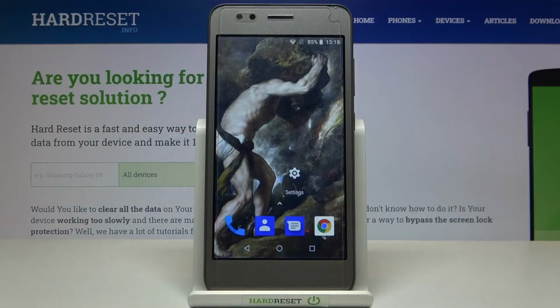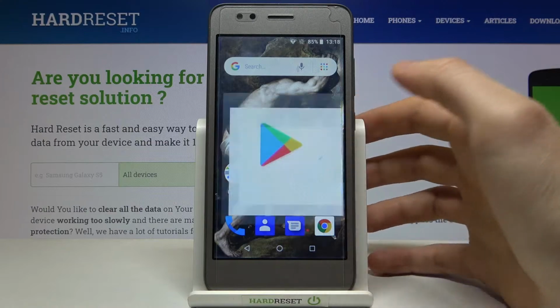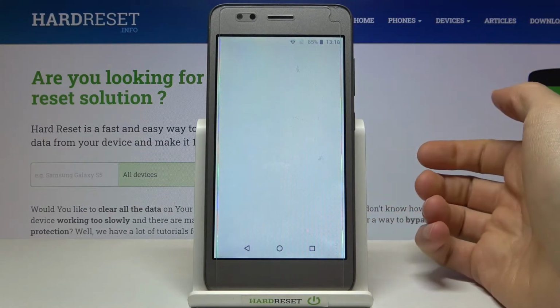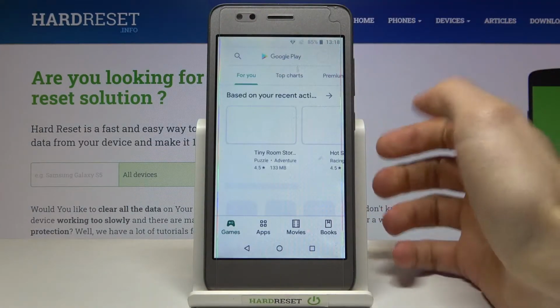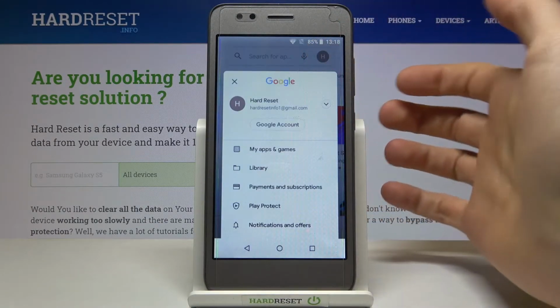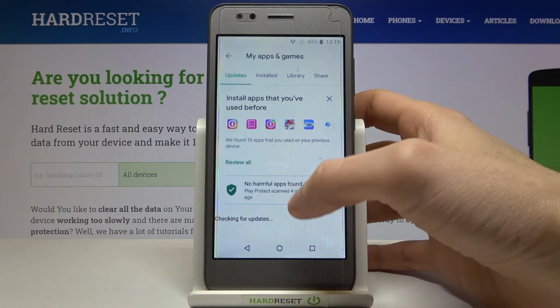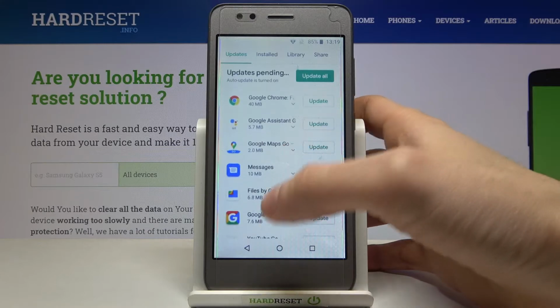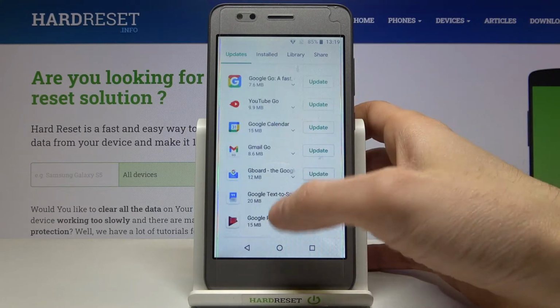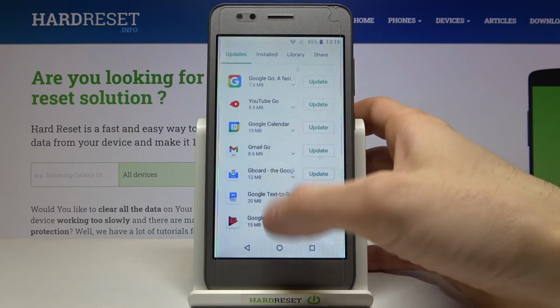Here I have CAVION Base 5.0, and today I'm going to show you how to update apps on this device. So to update apps, you firstly have to open the Play Store, then tap here, then go to My Apps and Games, and here you can find all of your apps and games which are up to date. So you can just update them one by one by tapping the update button next to them,